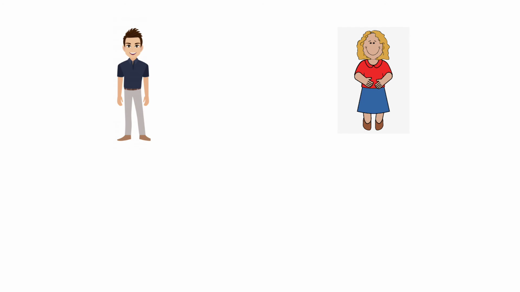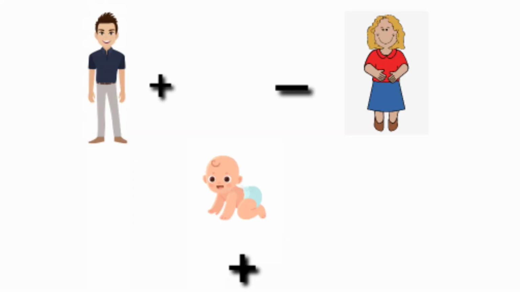Under the RH system, if either of the parents is positive, then the probability of the baby's blood having RH antigen is high. If both the parents are negative, then the baby's blood group is negative. The identification of the RH system is really important because if the mother is negative and the fetus is positive, then the second child is highly prone to anemia.